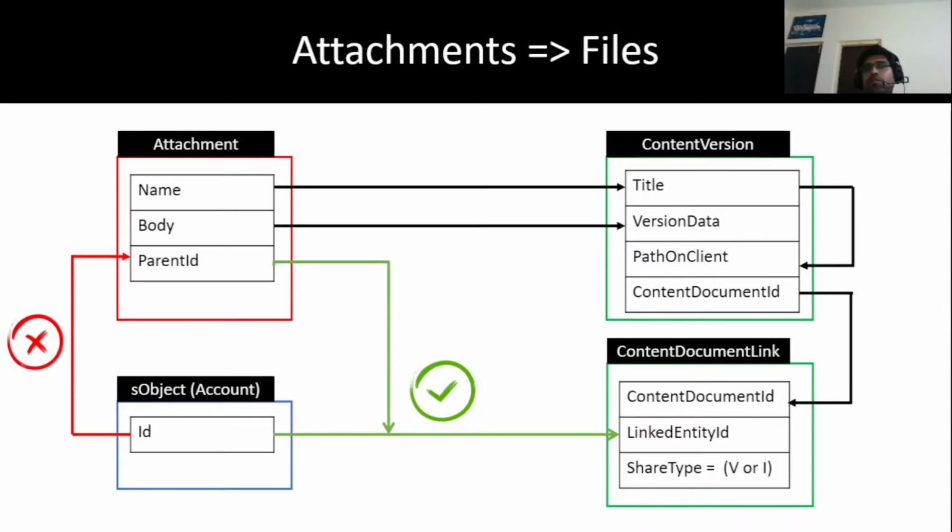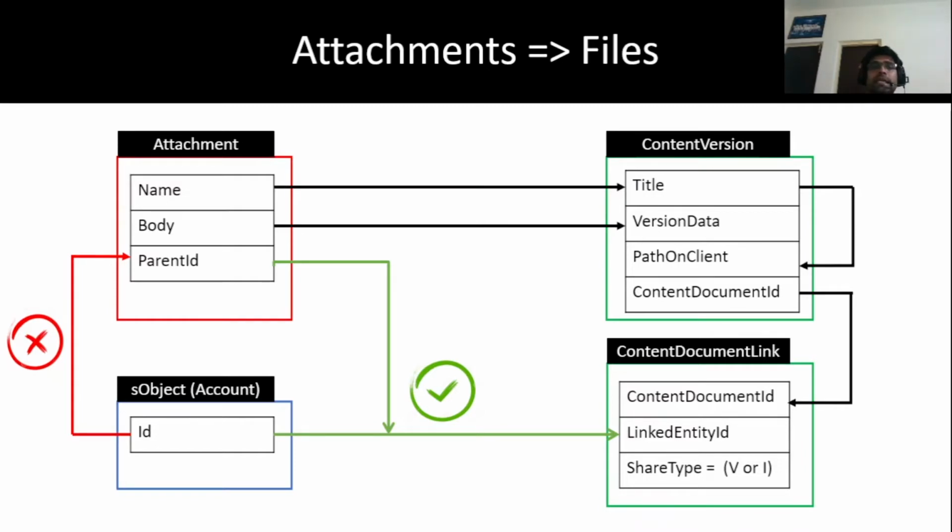So when you convert into files, instead of one single attachment, we have to create two different things. One is the content version, which will store the actual file. Another is the content document link, which allows linking one single file with multiple subjects. That means one single file can be associated with multiple records, whether account records, contact records, no matter. But in the case of attachments, we can only add one single attachment with one single record. There is no one-to-many relationship. But in the case of files, a one-to-many relationship is possible through the content document link.